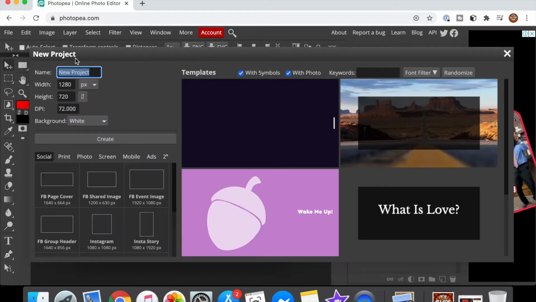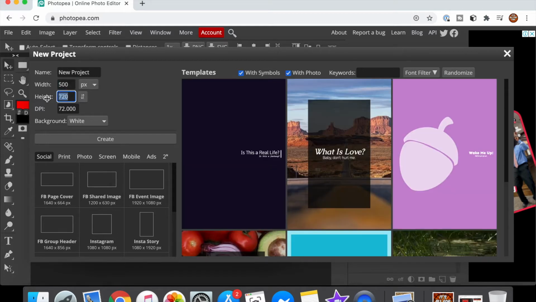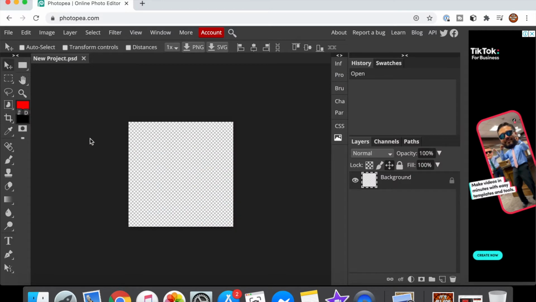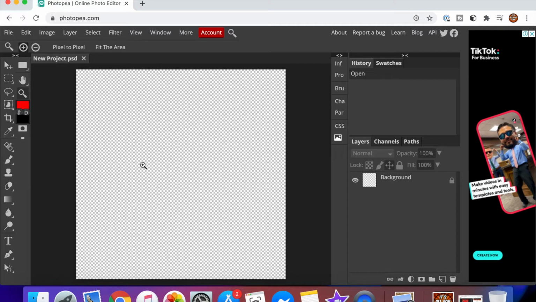So when you're done with that, click on new project. Make sure that the width is 500 guys, and the same with the height. The height should be 500 also. And the background should be transparent. Then click create. Then go to the zoom bar and make sure that it's on the plus and click only